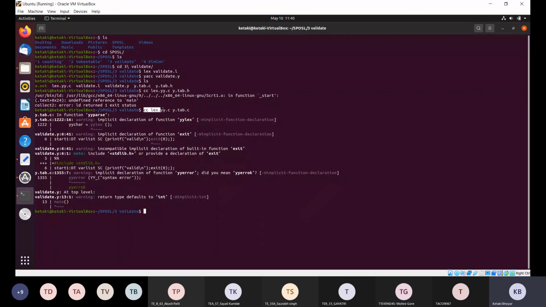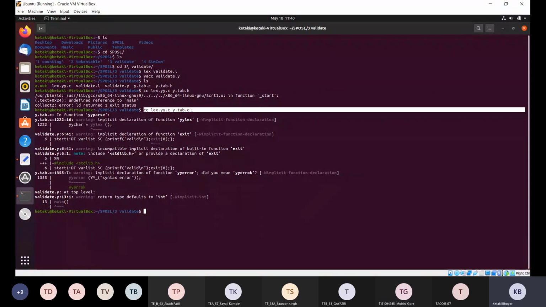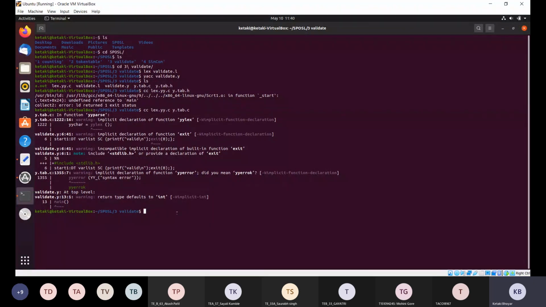See, what we have to do is compile both the C files, cc lex.yy.c and y.tab.c. There are some warnings present in the program, but that is okay, just ignore that. Now we have the a.out file, so ./a.out.